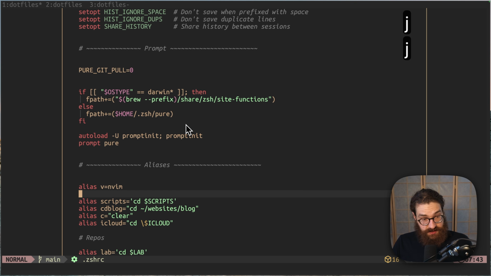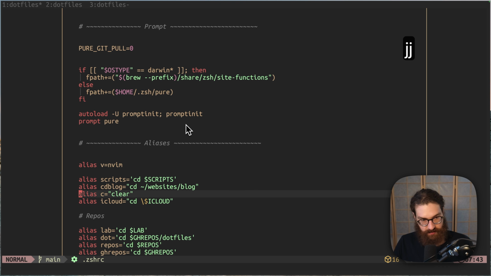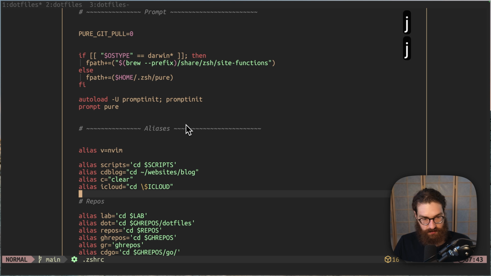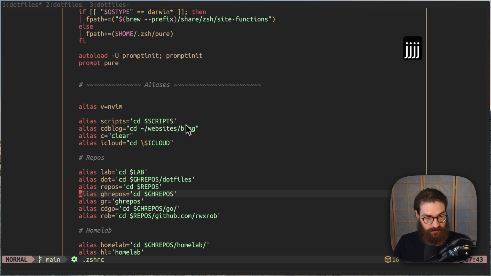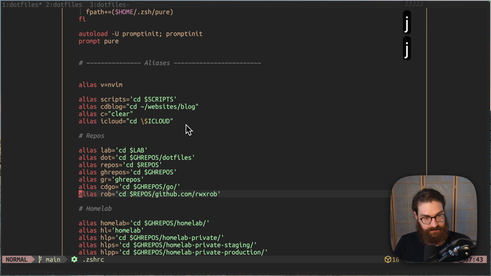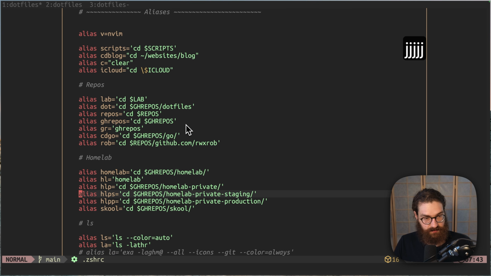Then we have aliases. This is, of course, highly individual, but I like to have 1 or 2 letter shortcuts for my commands, or well, many of my commands, or just 3-letter words that do certain actions or cd into certain directories. So I won't go through all of these because there are quite a lot of them, but you will see that if I write dot, then I enter my dot files repo,